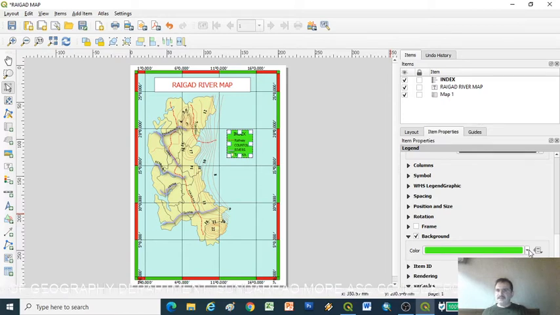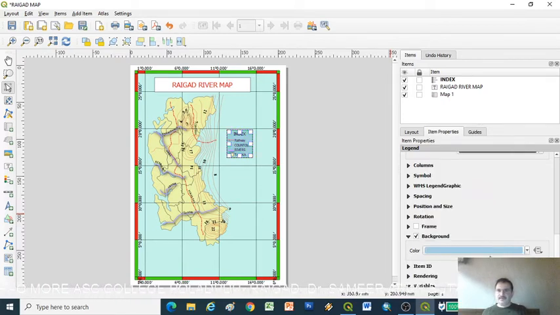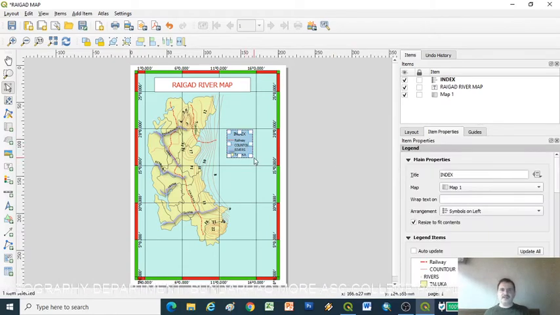We can keep the background color. In this way we can create our legend. So this is one property. Just click it, drag it, and adjust it. We can adjust this at any place.